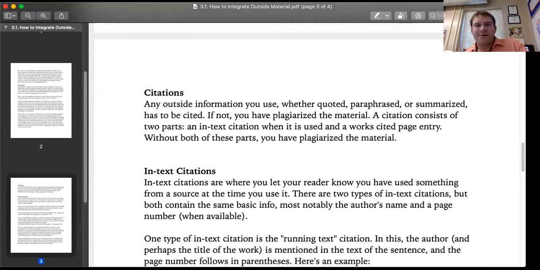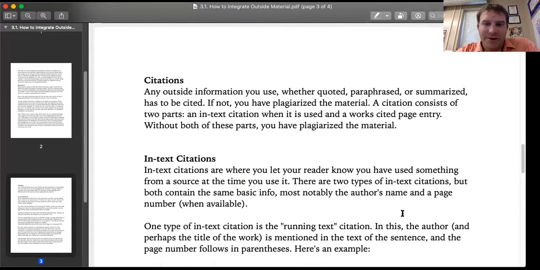Let's talk about citations. That's giving credit where credit is due. There are two types of citations. You have in-text citations and a works cited page. You have to have them work together. They work in tandem. In-text citations are where you say, here's who said it, here's who I'm giving credit to, because that's all people want: credit. They don't mind you using their ideas or their information. You just have to give credit where credit is due. And that's what you're doing right here, giving credit to where I got this information from.